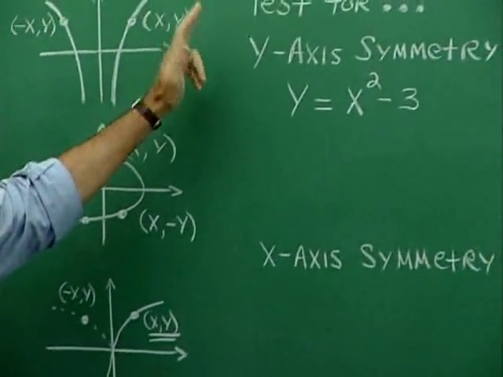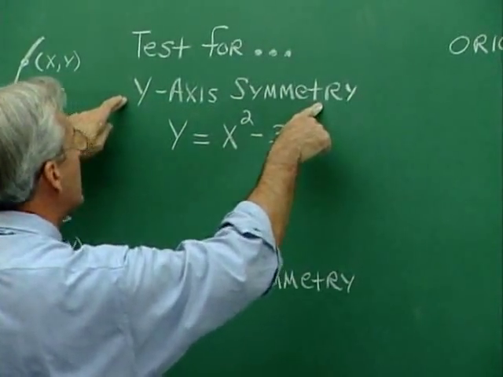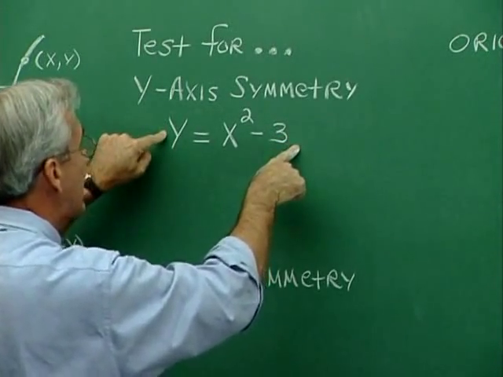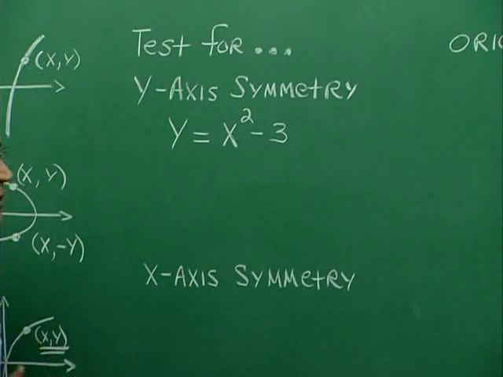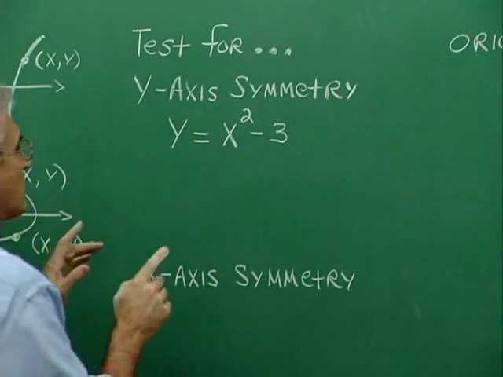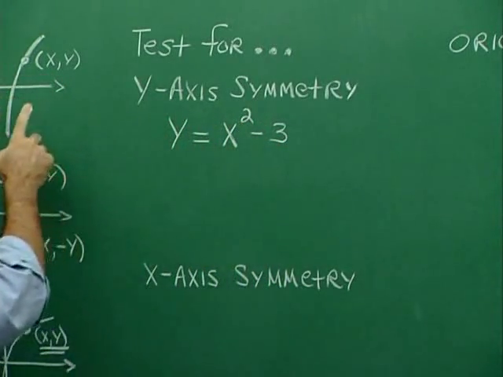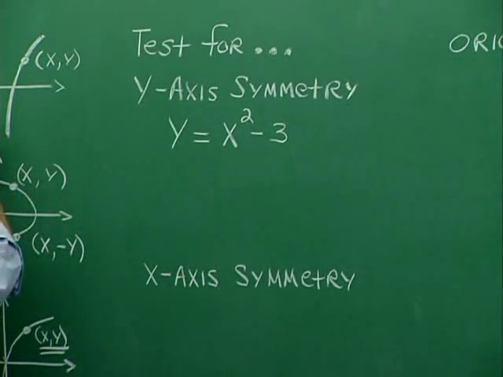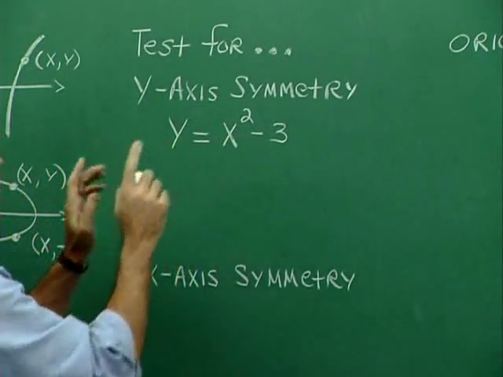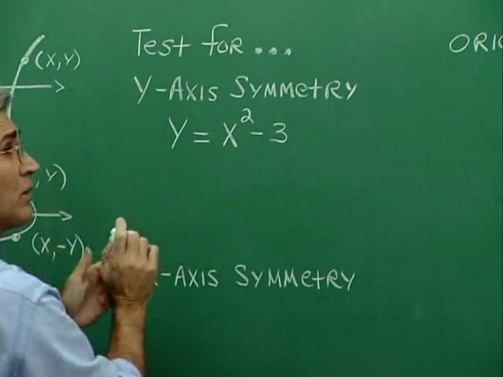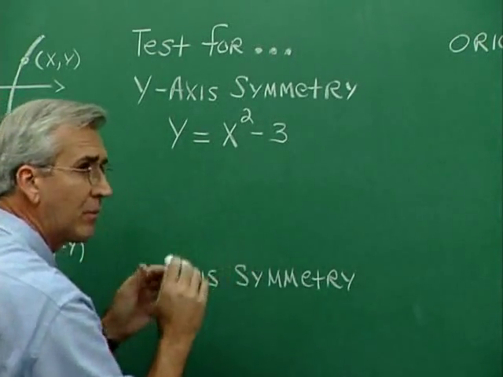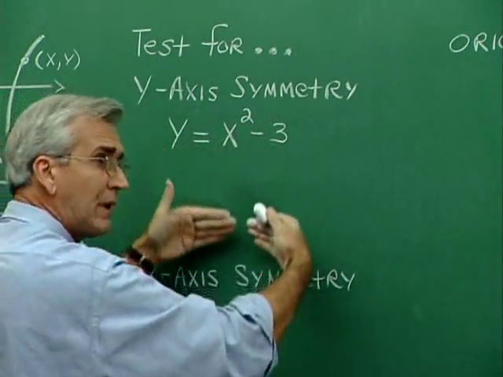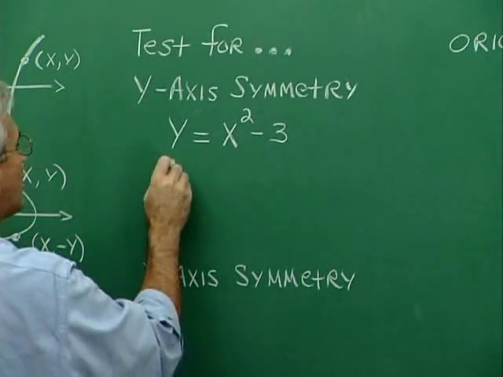Here's how that works. We want to test for y-axis symmetry using this equation. Now, it turns out that this equation is symmetric to the y-axis. All right, let's make the test. The test involves this idea that if x and y are on the graph, then the negative of x and y are on the graph. And so to make the test algebraically, we just replace x with negative x and y with itself, or just don't make a replacement for y, and see if we get the same equation, or see if we can manipulate to the same equation. So we replace x with negative x,